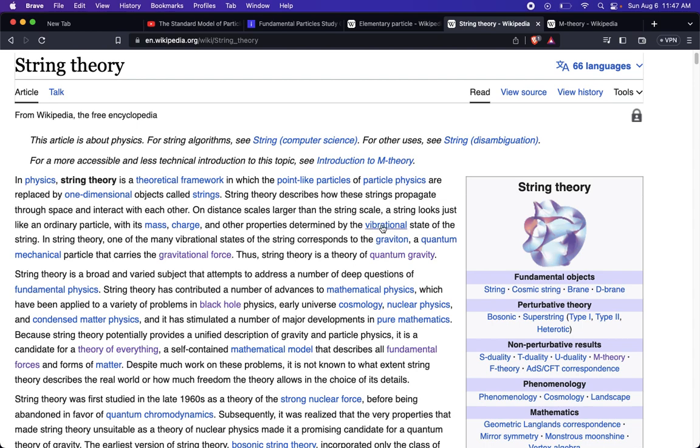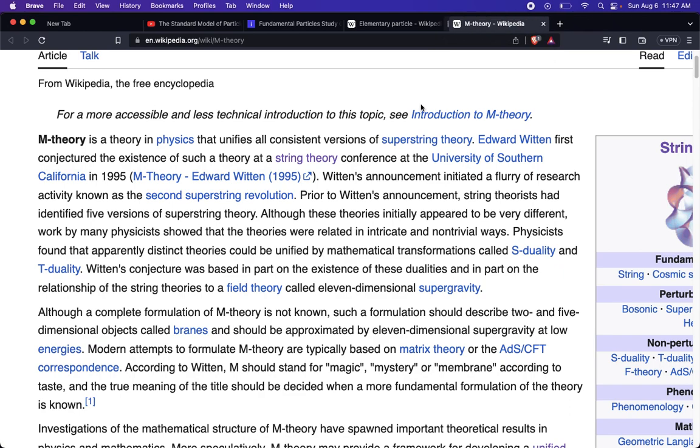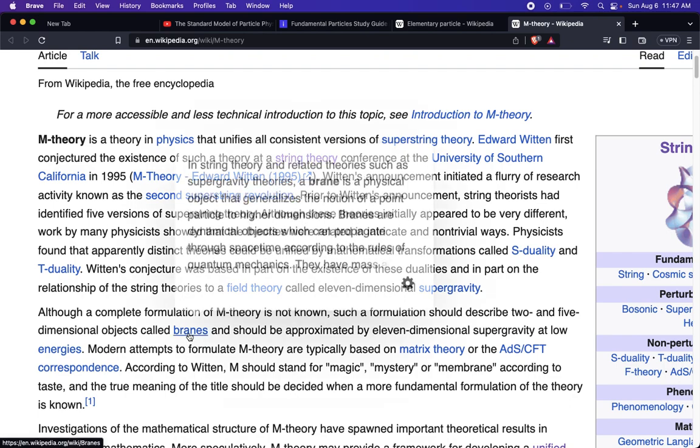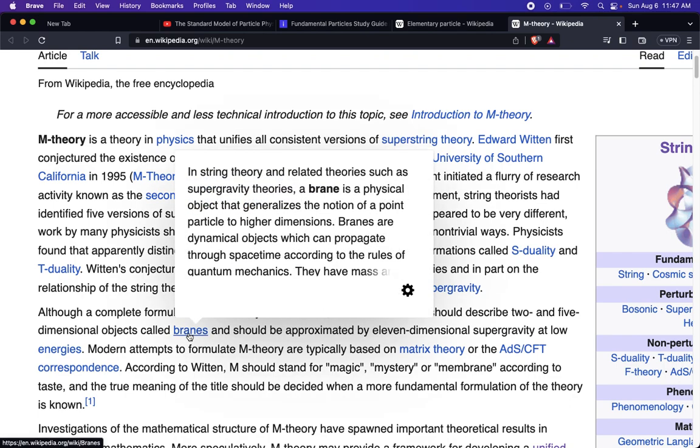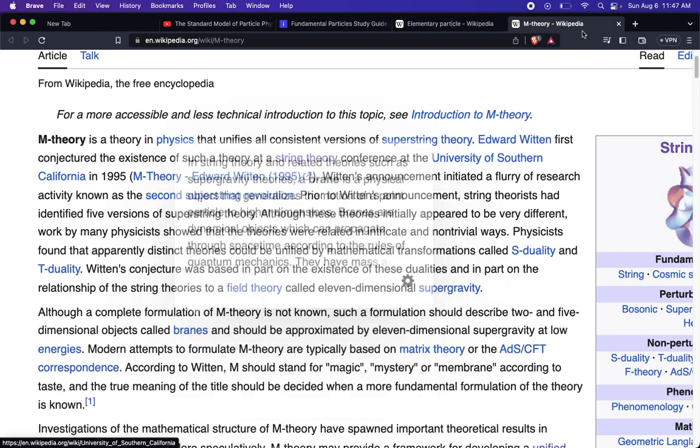Mass and charge are determined by vibrational state. So that's been an interesting theory, of course. And then M theory is another theory which looks at the unification of all the different versions of string theory around the idea of, rather than a string, it being a brane, the smallest particle or constituent of matter.